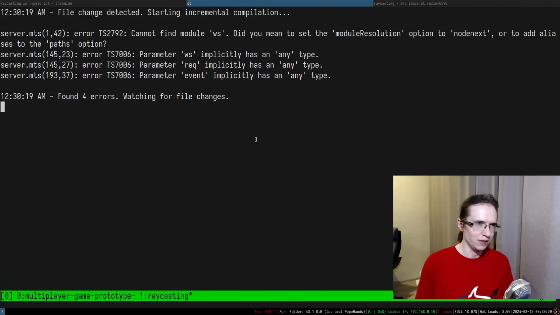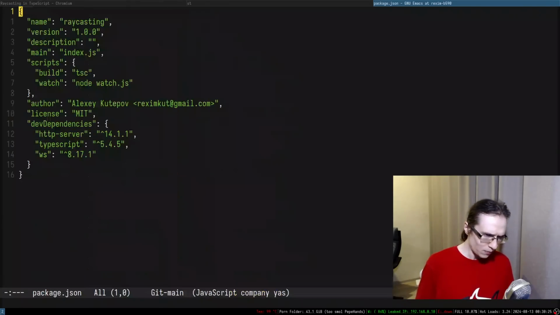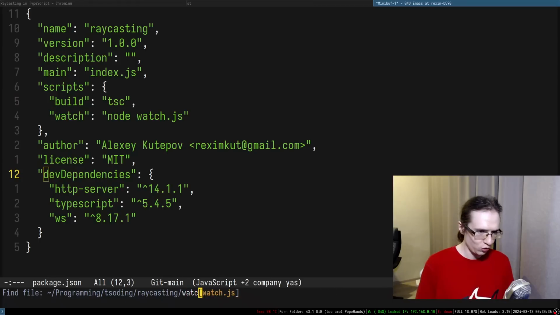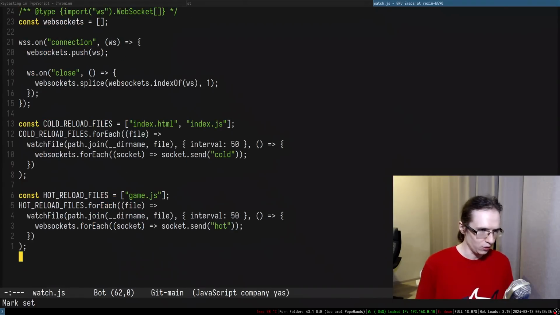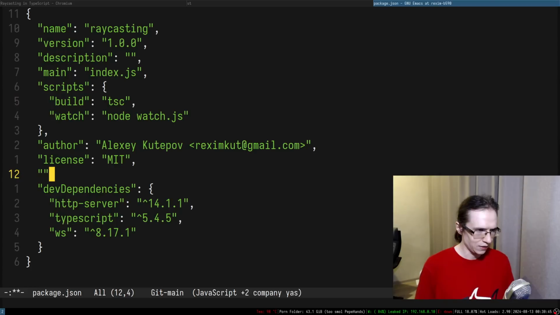So if I try to, yeah, there we go. So we have some problems in here. Can't find module WS. Yeah, okay, so let's take a look at the dependencies in here. So first of all, we have WS, which is a dev dependency. It used to be a dev dependency because it was used for the watch script in here, right? Which is a development time tool. But now it's going to become an actual dependency, I think. Let's say